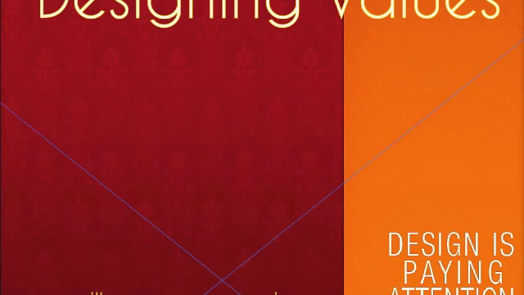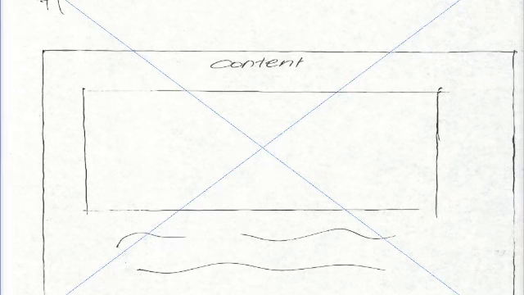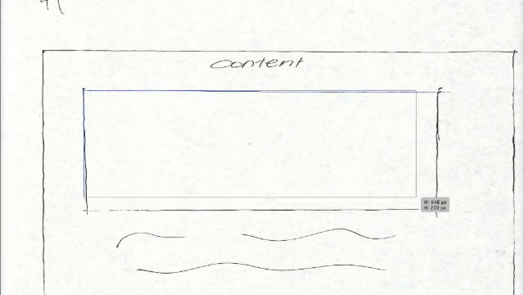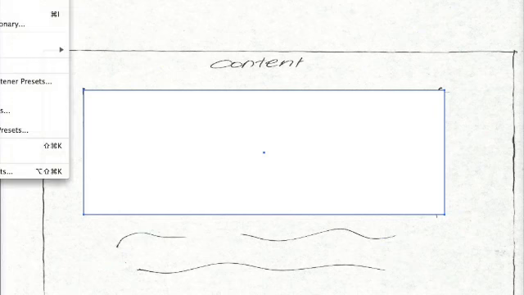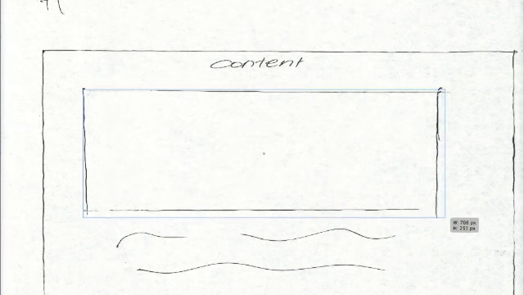Aloha, this is my video about designing values and about how to implement a grid modernist layout into your website. So here's my chosen website layout that I liked, and I'm going to be talking a little bit about